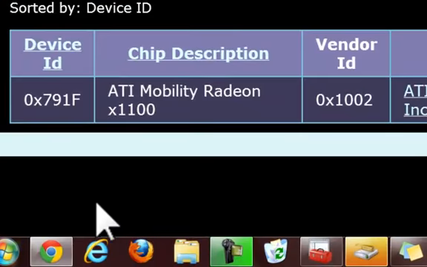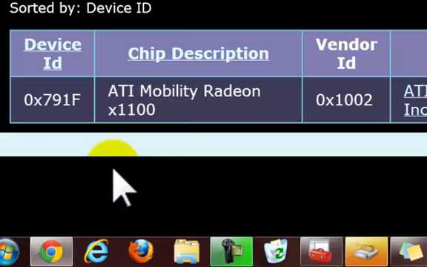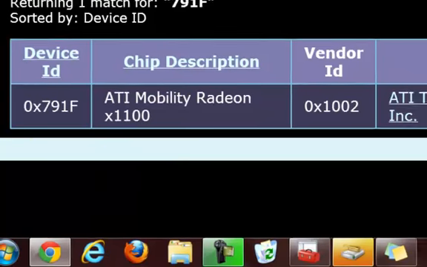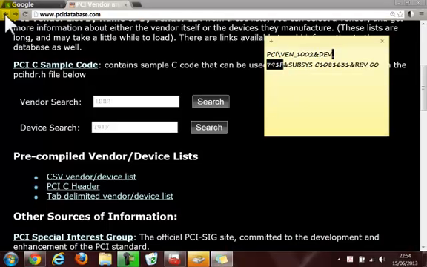As you can see, ATI Mobility Radeon X1100. This is the driver for my display. I can just copy that, go to Google for that driver, download it and install it on my machine. This is a very easy way to find any unknown device in your machine,